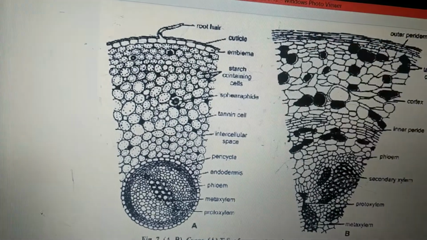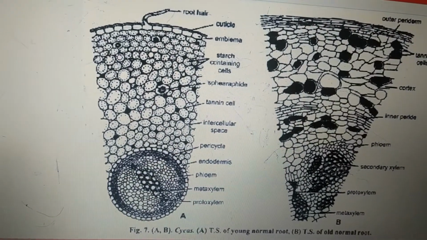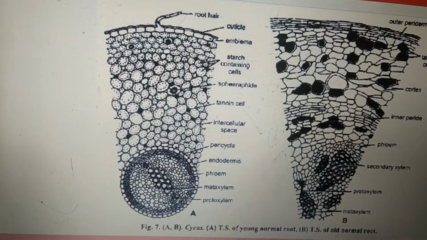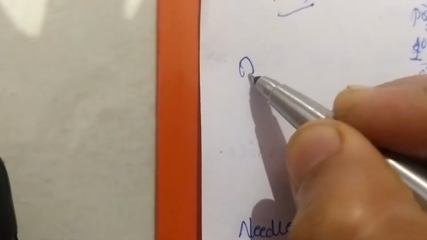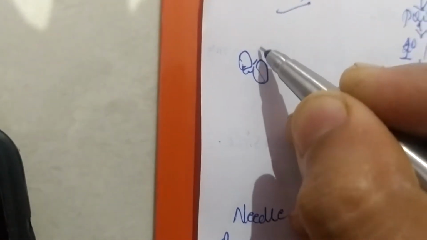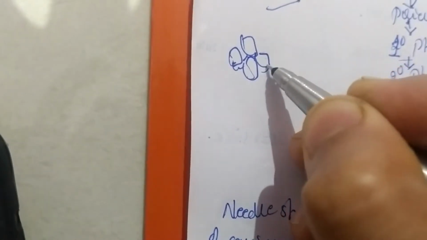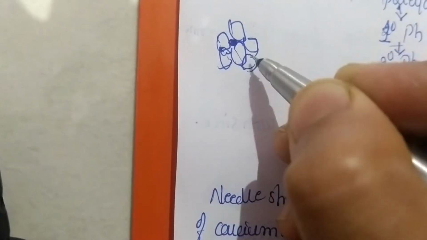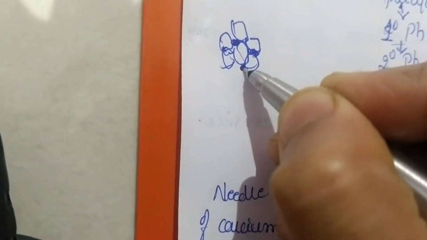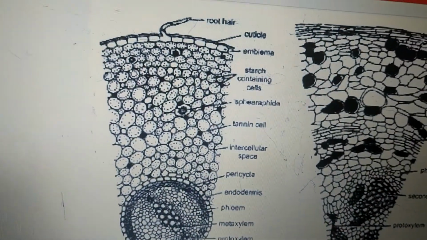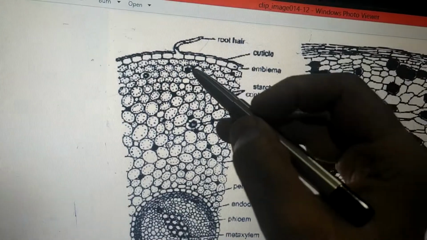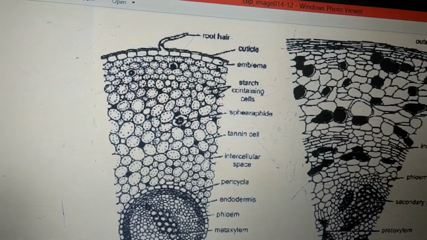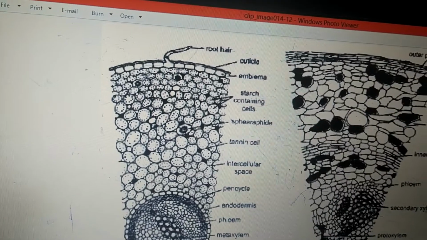This cortical region is made up of mainly parenchymatous cells. These parenchymatous cells are loosely arranged, leading to the formation of intercellular spaces. It will be somewhat like this. We have loosely arranged parenchymatous cells which have some intercellular spaces here. These cells are usually filled with starch grains. We can mark out here these dark colored bodies, which are filled with starch grains,